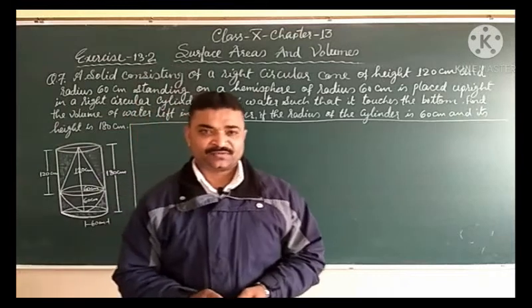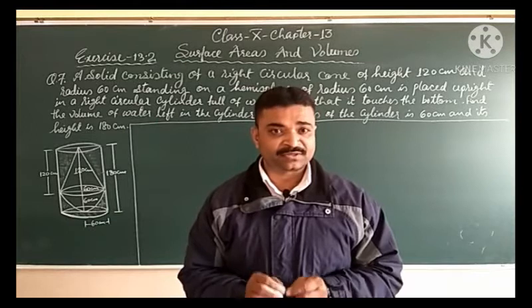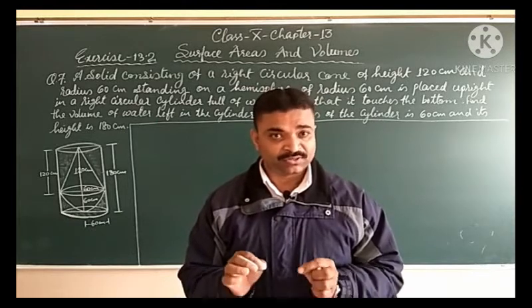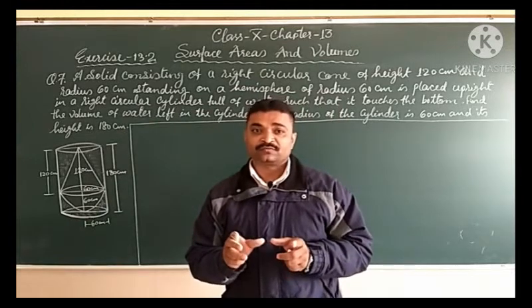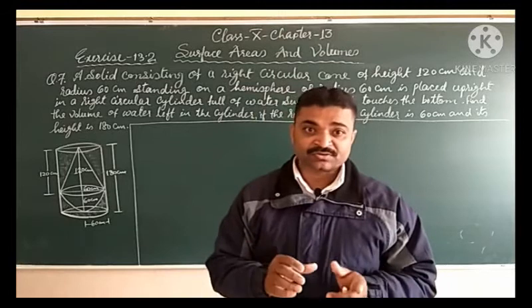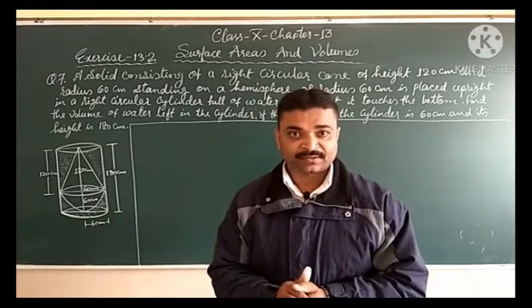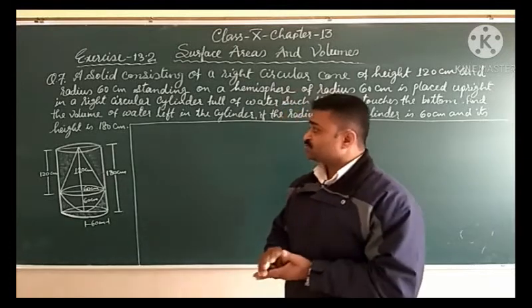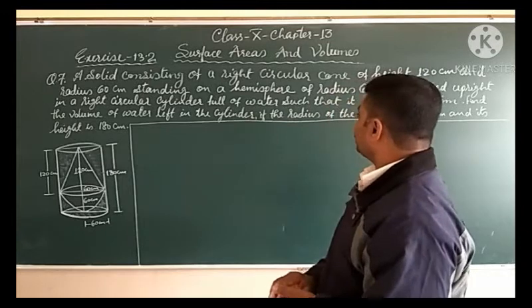Hello students. Now we are going to solve question number 7 of exercise number 13.2. Clear? This question is based on the volume of solids, or we can say this question is based on the volume of the combination of solids. Clear? See, in this question we are given a solid consisting of a right circular cone